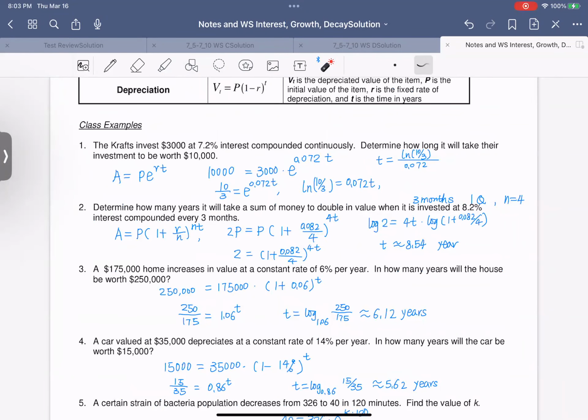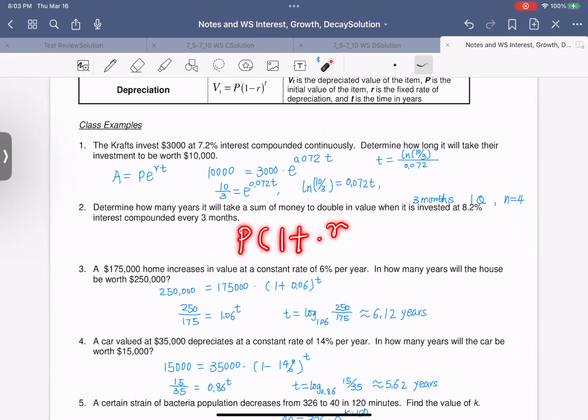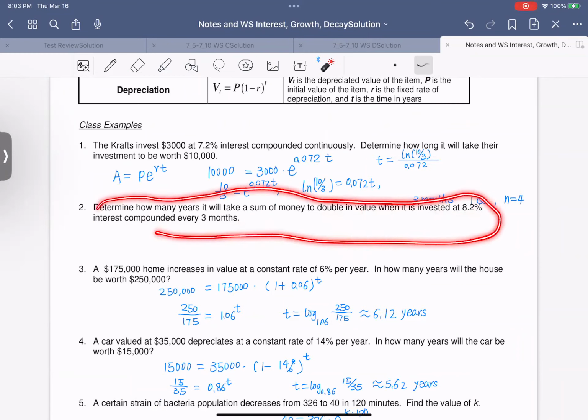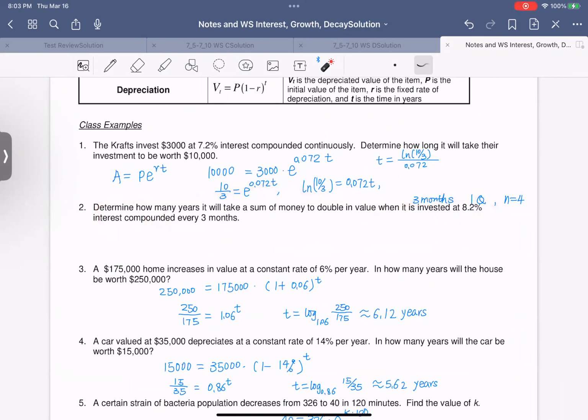So let's see. I already showed examples. I want to see if students can do number 2 correctly. This is compound quarterly, meaning you have the compounding 4 times. The formula is 1 plus r divided by 4, and then 4 times t. R is this. Okay, and do this. See how much is the money after how many years